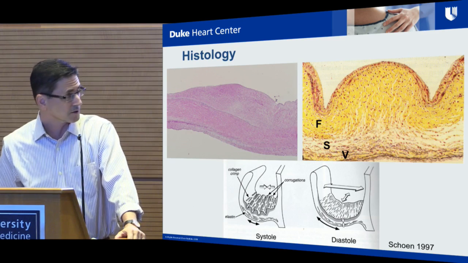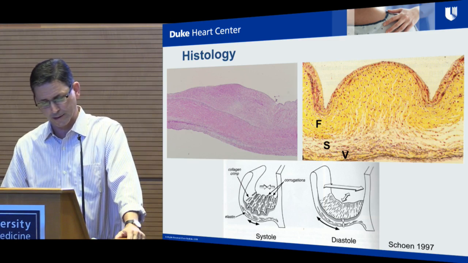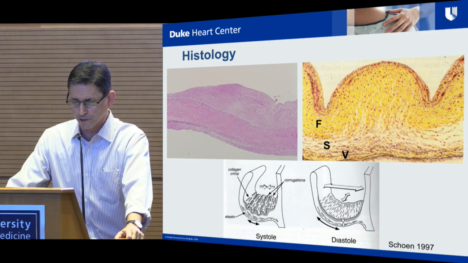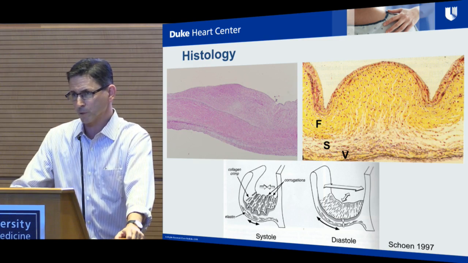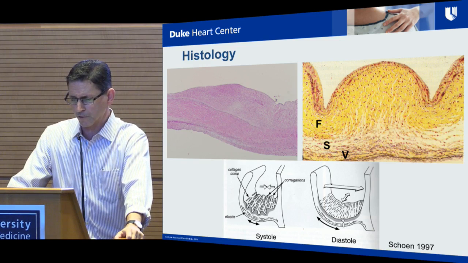And this is what it looks like under the microscope. On the left side is an image of a valve. The upper surface is actually a little bit of sclerosis, because, as I said, I don't see a whole lot of normal valves. And even when you look at valves from patients who come to autopsy for